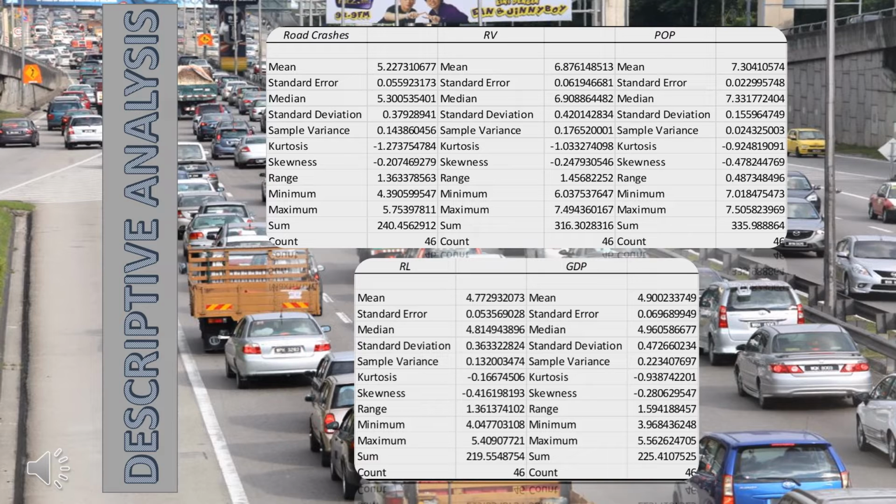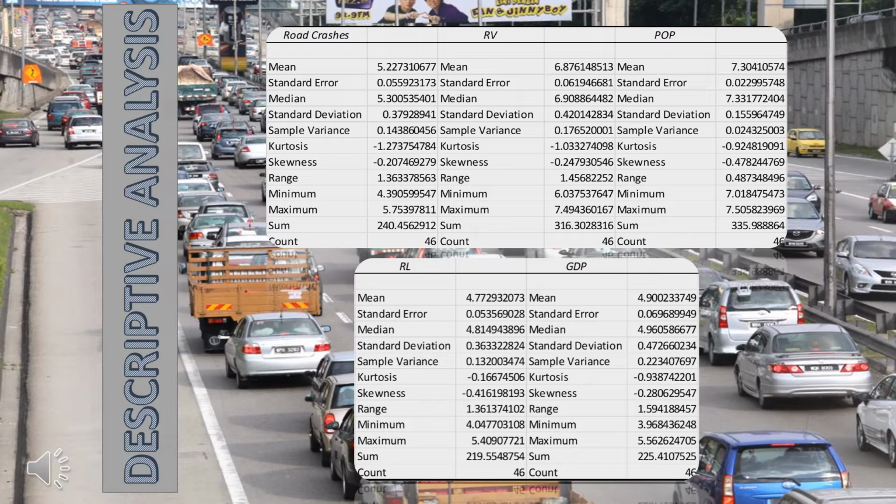For the POP data, the standard deviation is 0.16. The typical height falls 7.14 from the mean of 7.30. The range tells us that the spread from the highest to the lowest is 0.49. For the RL data, the standard deviation is